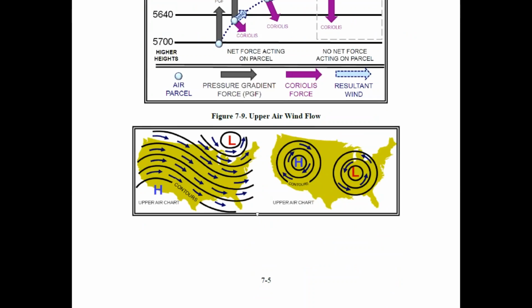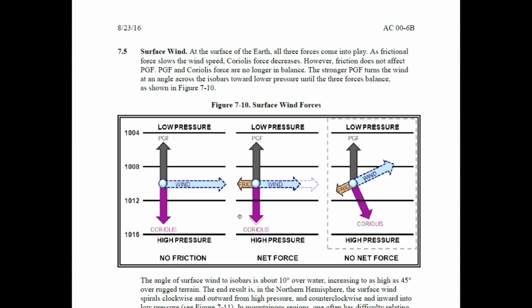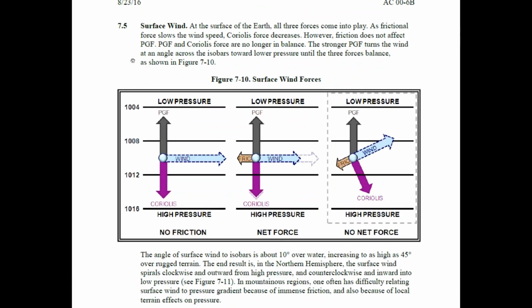Not too much we've got to really consider here. So let's do surface wind. At the surface of the Earth, all three forces come into play. As frictional force slows the wind speed, Coriolis force decreases. However, friction does not affect pressure gradient force. Pressure gradient force and Coriolis force are no longer in balance. The stronger pressure gradient force turns the wind at an angle across the isobars toward lower pressure until the three